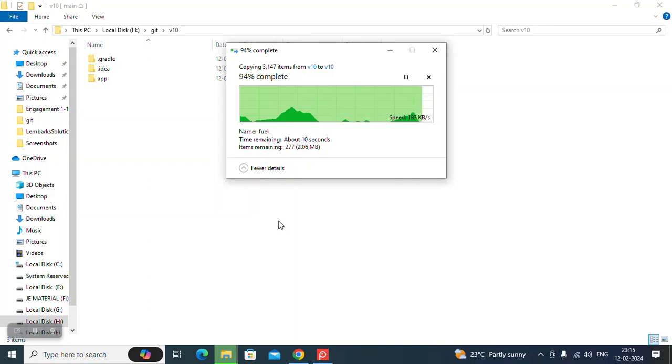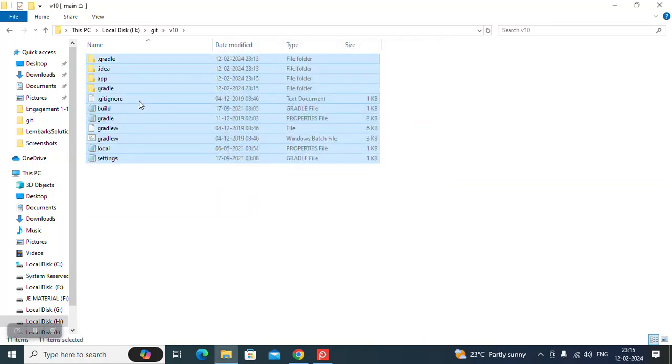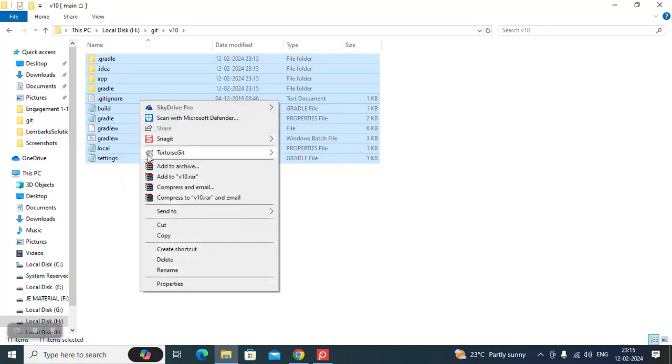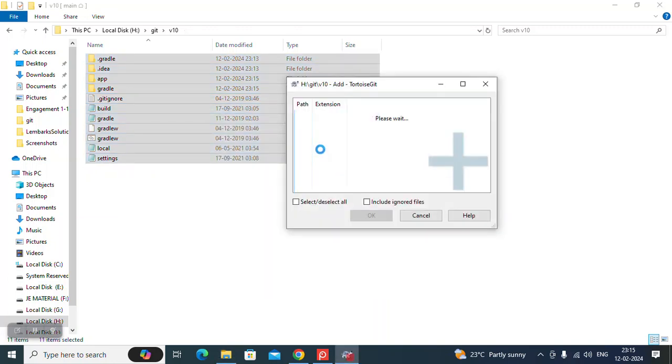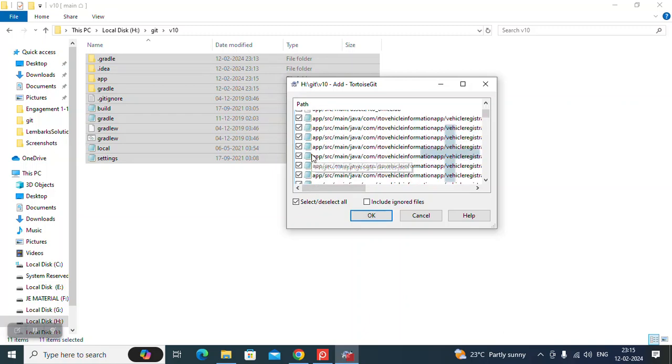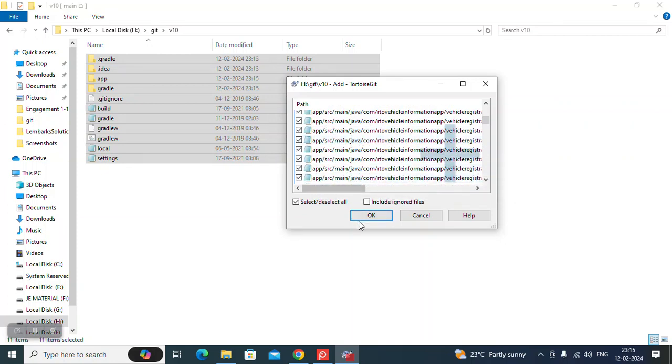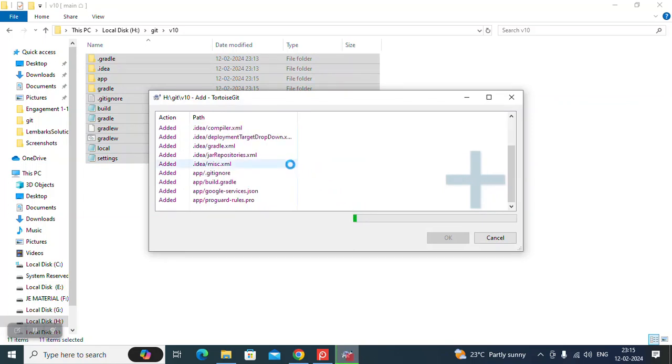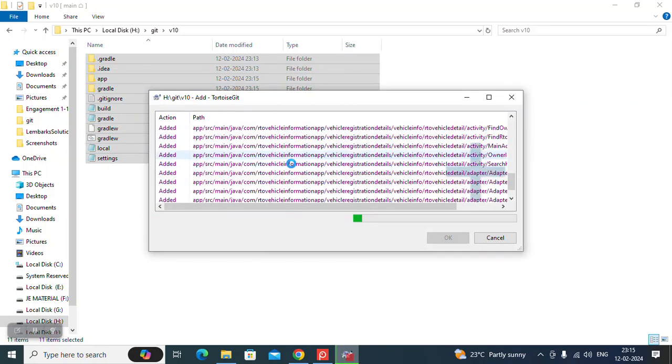Then I complete this process. I have done it. I add it to TortoiseGit. Here all the information and all the related files are here, and I copy that and okay, selected all the details. TortoiseGit is software available on the internet. You can download and install that on your local computer, and then you can